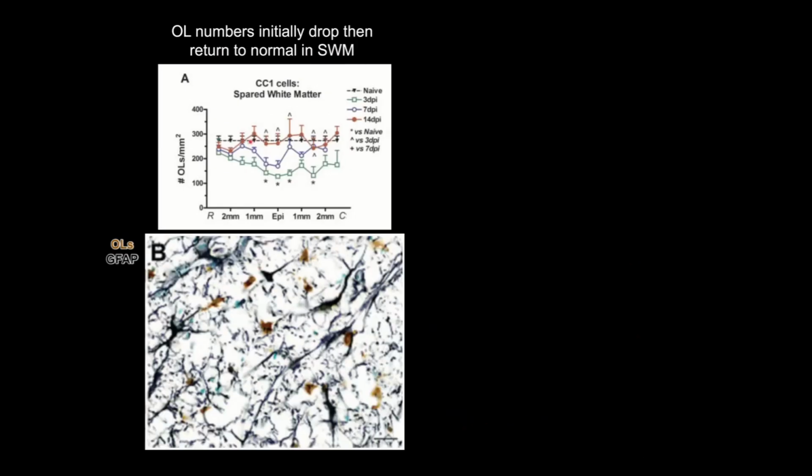And what Richard found out was that if we look compared to normal white matter shown in the dotted line, quickly after injury, there's a huge drop in oligodendrocyte numbers at the lesion epicenter, as well as extending both rostrally and caudally. And then over time, over the first 2 weeks, these cells are replaced, apparently, and they rebound back to almost normal levels.